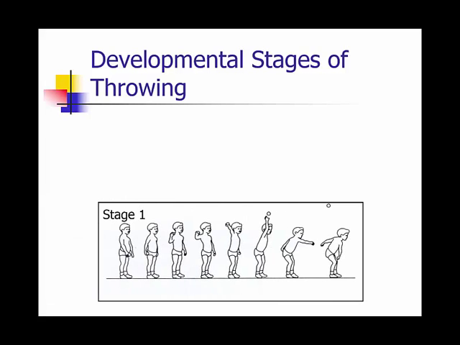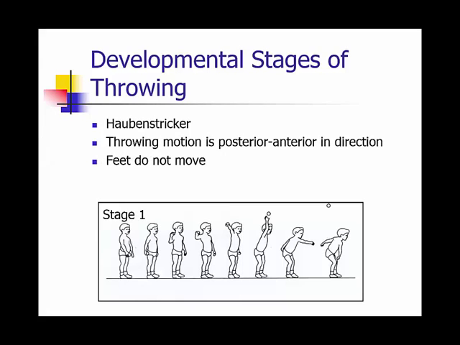Some people, such as Monica Wilde, broke the skill down into what the arms do and what the legs do. Others, such as the one we're going to look at, which was the research done by Harbenstricker, used a total body approach to talk about what the arms and the legs are doing and not segmenting those in the analysis. So Harbenstricker's research broke the overhand throw into different stages, and you can see stage 1 on the